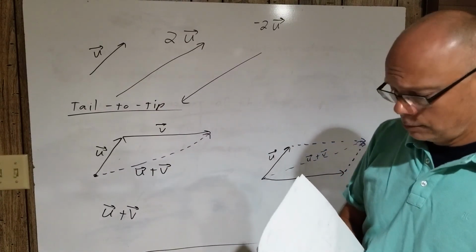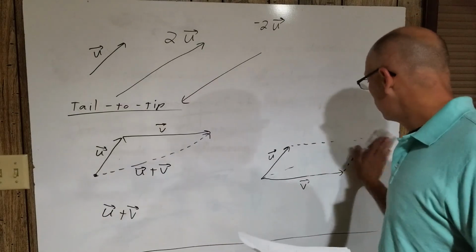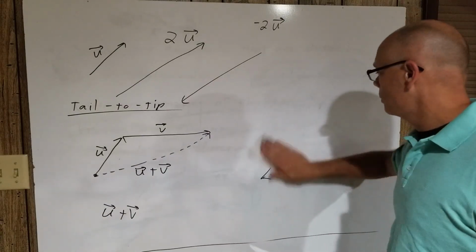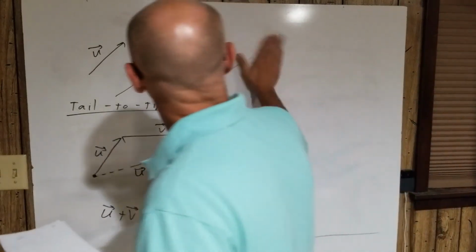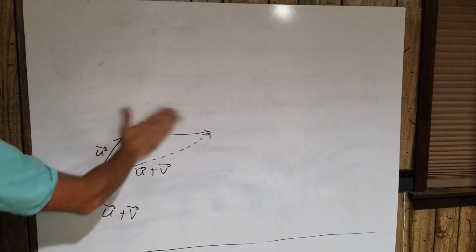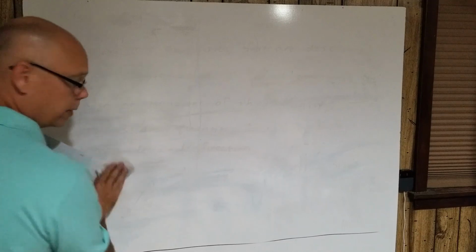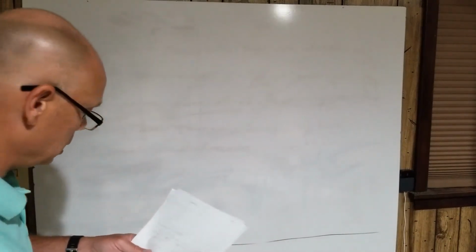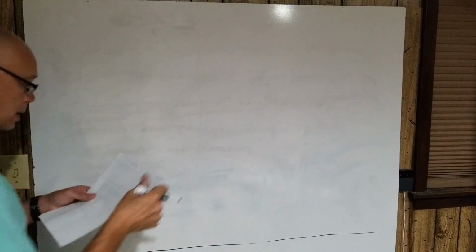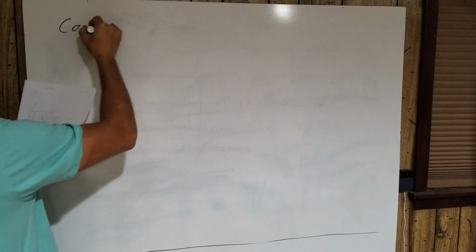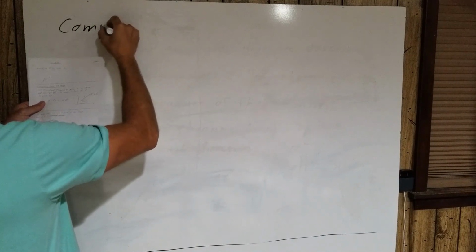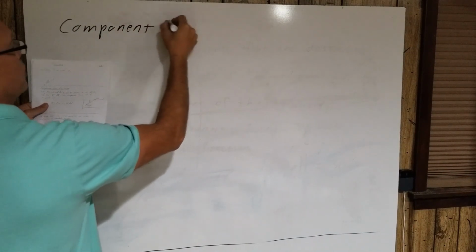Alright. Next we have component form of a vector. Let's see, if you hear me say component kind of funny, it's because I had a teacher that taught me this with a very strong Boston accent. And I would tend to say component like here. Component form